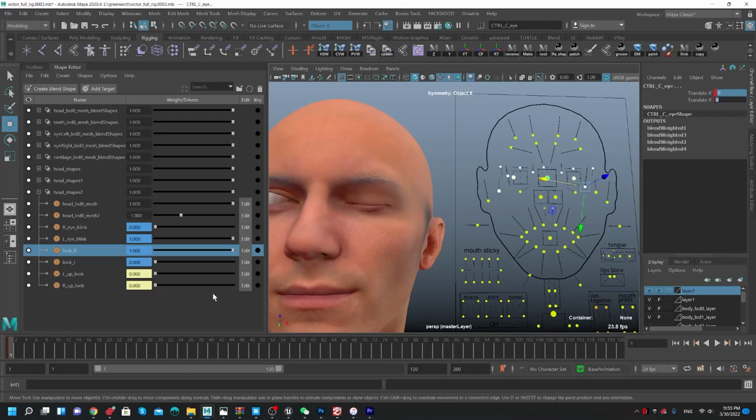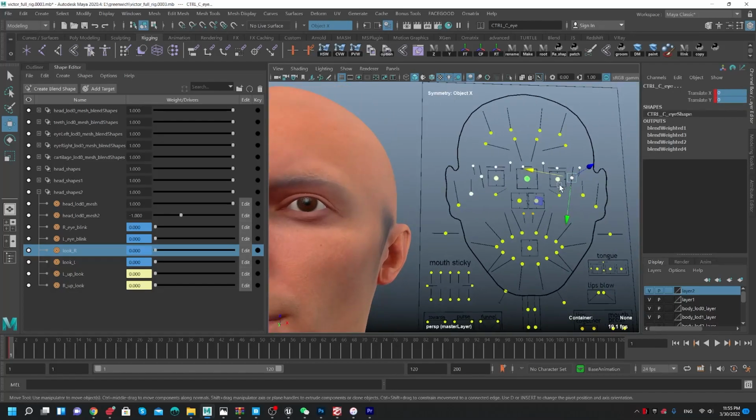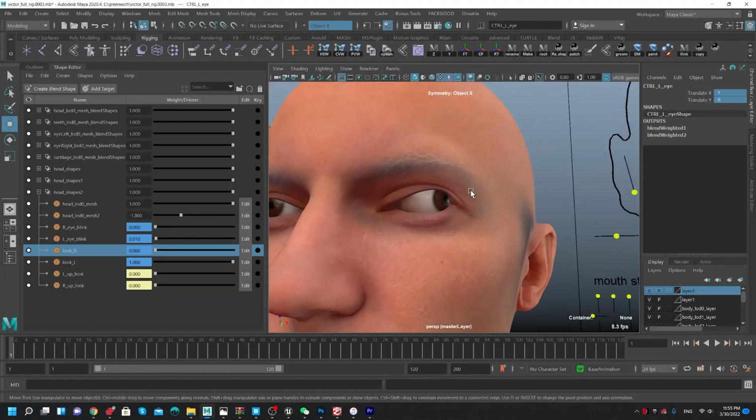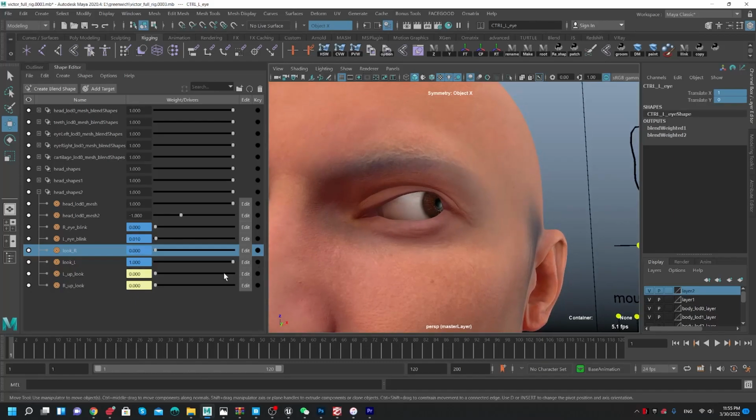And let's see the other eye. See the other eye. This blend shape triggers by the joints